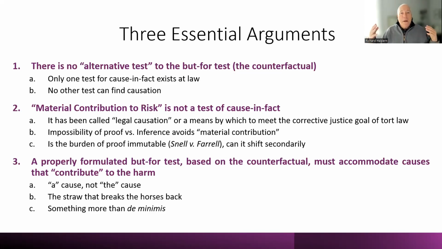These are two very distinct concepts that we must all understand: the difference between the burden of proof, greater than 50%, and the threshold of proof, something more than de minimis. And de minimis is defined as something more than negligible. So if there are all kinds of causes, but enough facts that would allow a judge or a jury to conclude that the wrongful act was a contributor to bringing about the harm, that is sufficient.